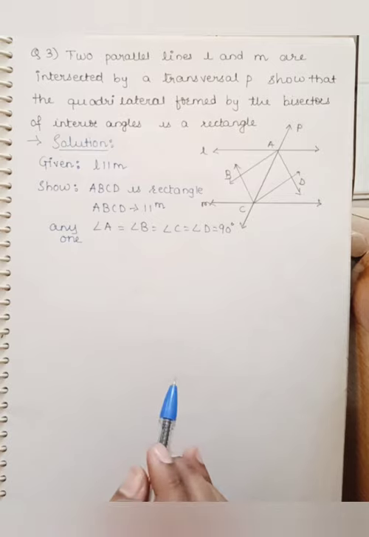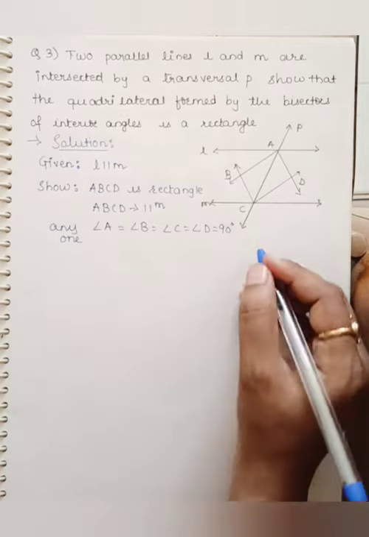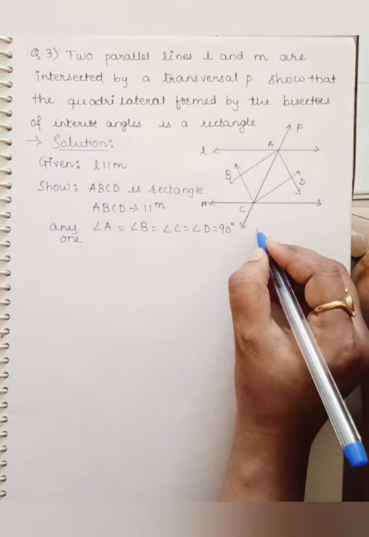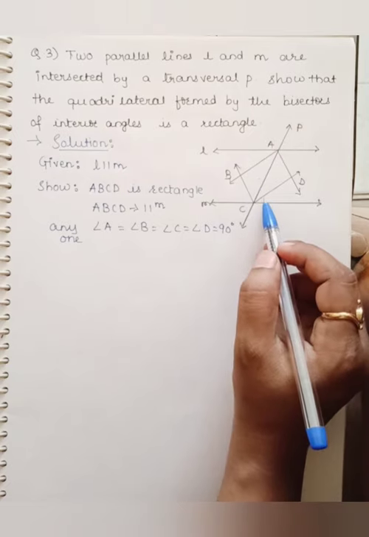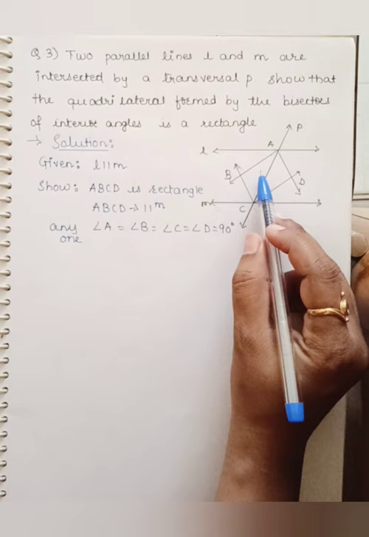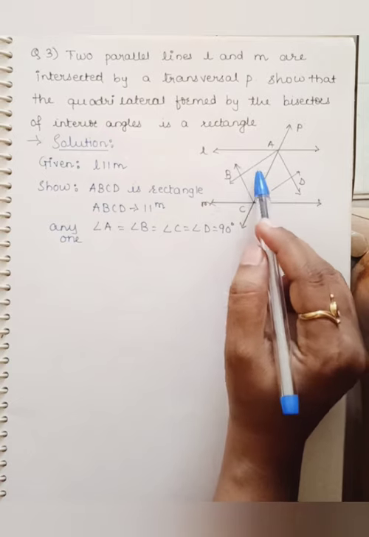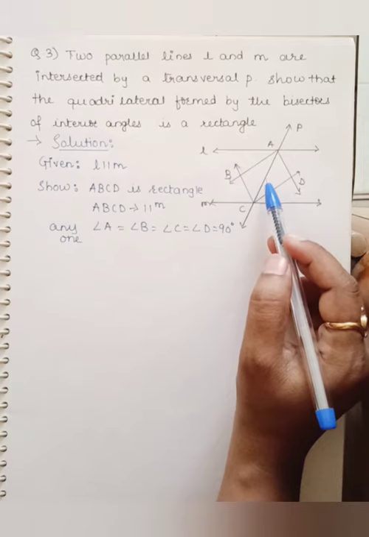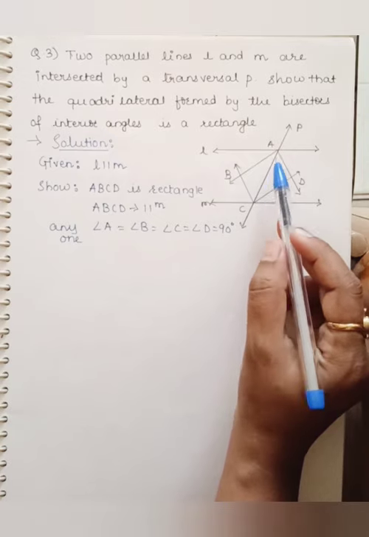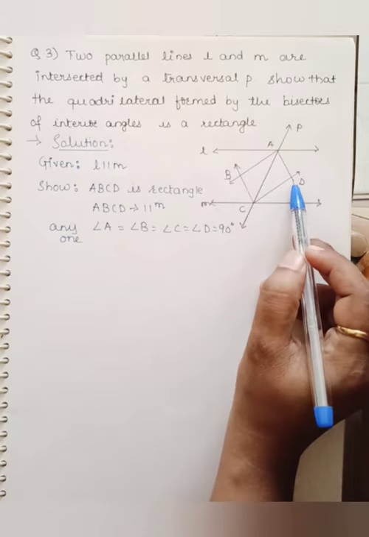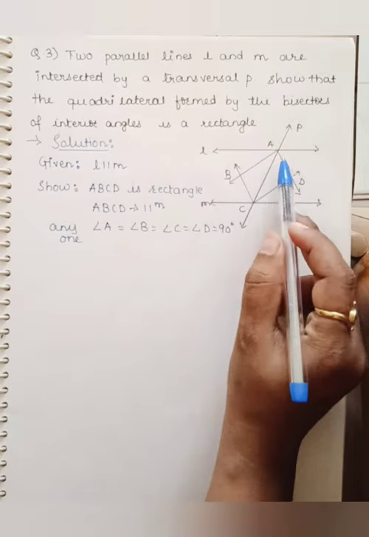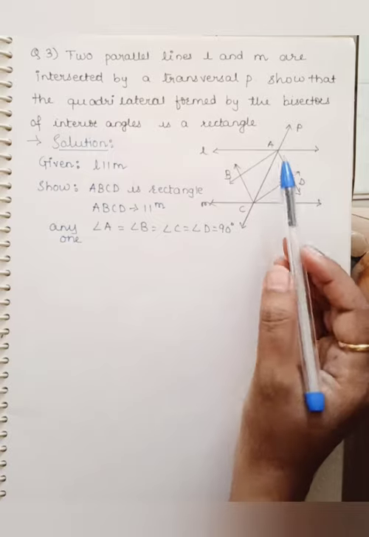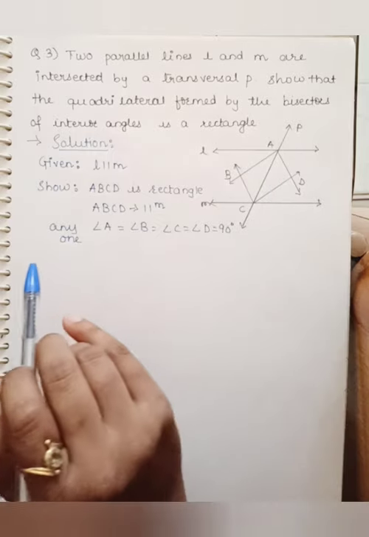Okay, so now whenever you have to show any quadrilateral to be a parallelogram, as I've told you, either you show both pairs as parallel or you show one pair as parallel and equal. Now here I cannot show the lengths to be equal because we don't have any information regarding the length. So the only thing to be shown is you have to show AB parallel to CD, whereas BC parallel to AD. Okay, so now if I have to show AB parallel to CD, what can I do?